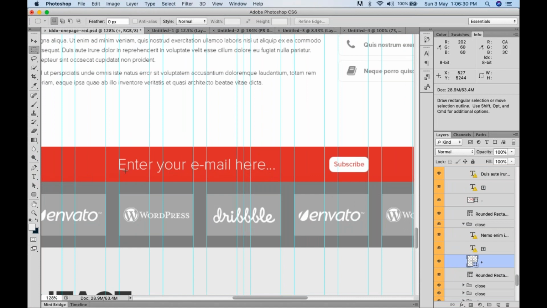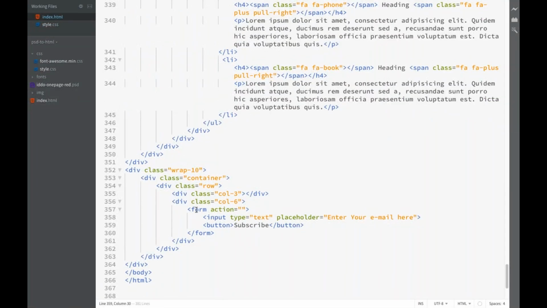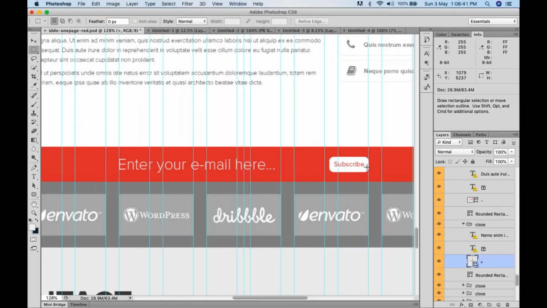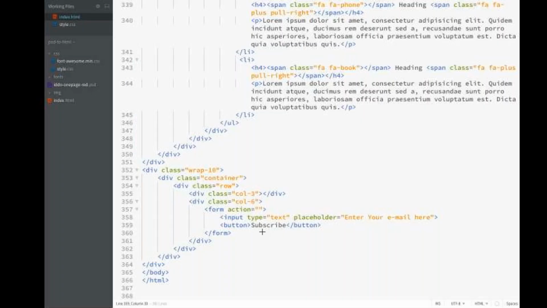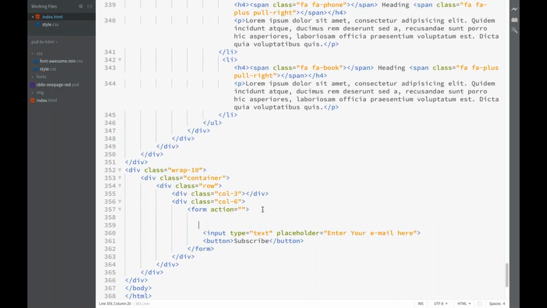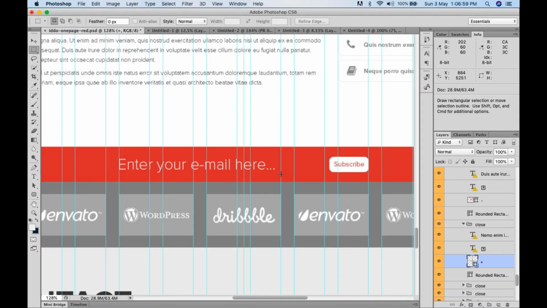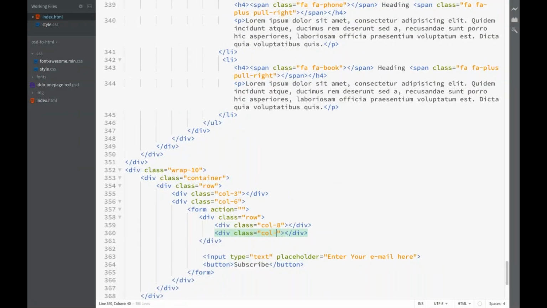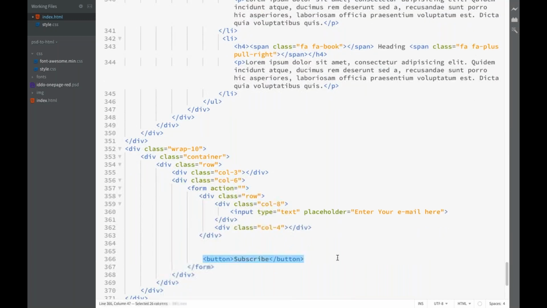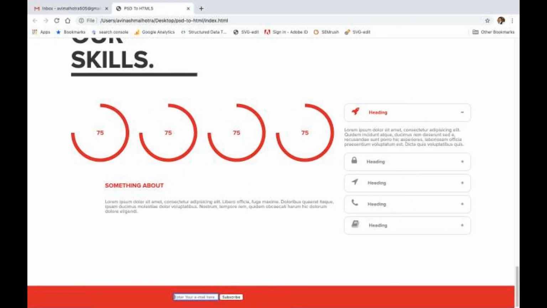इनपुट का जो साइज है दैट इज 1 2 3 एंड 4, 4 कॉलम्स। तो डू वन थिंग, सो दिस इज 4 कॉलम एंड दिस इज 2 कॉलम्स, ये 2 में आ रहा है, ये छोटा है वैसे, एंड दिस इज 4 कॉलम, सो दिस इज 6। अब 6 में यूज अनदर रो विद 2 कॉल, ठीक है। तो जो फर्स्ट कॉलम है उसमें ये इनपुट आपका पूरा फुल साइज का आ रहा है, सो सी इसका साइज कितना होगा 4 of 6, तो 4 of 6 कितना होता है 8, तो ये 8 कॉलम आएगा और ये आएगा 4 कॉलम। सो नाउ इस इनपुट को ऐड कर दो इन द 8 कॉलम और बटन को ऐड कर दो इन द नेस्टेड 4 कॉलम।